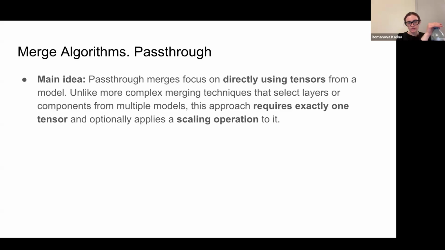This method is also known by a second name, and it involves creating a composite model by integrating components from multiple pre-trained models without modifying their internal parameters. This approach allows for the combination of specialized capabilities from different models in a single framework,